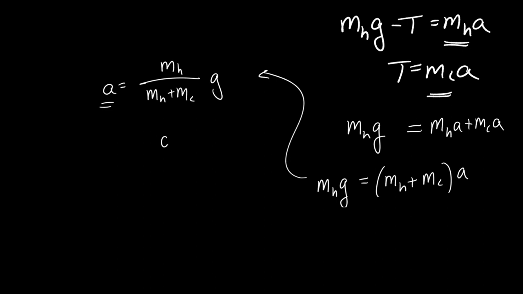In your lab, you might have hung 20 grams and had a car of 500 grams. I put it all in kilograms. Is this in line with the kind of numbers you had from your data? Figure it out. It's 0.2 divided by 0.52 times 9.8. Yeah. Why did you put the G